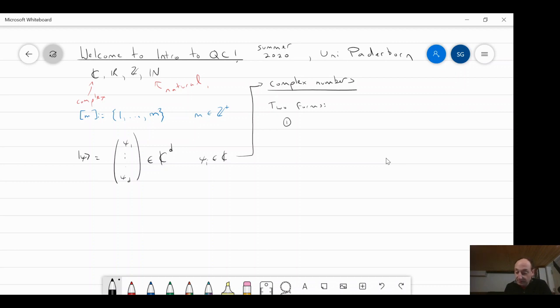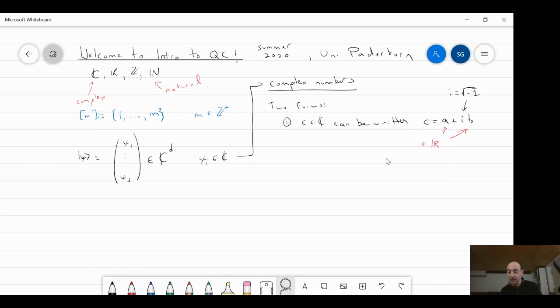So typically, if I have a complex number c in the set C, it can be written like this: c equals a plus ib, and here a and b are both real numbers. And i here is the square root of -1, so we define i as this thing over here. It's basically like a field extension. The real numbers don't have a square root of -1, so we just add it as a new element, and you get the complex numbers when you do this.